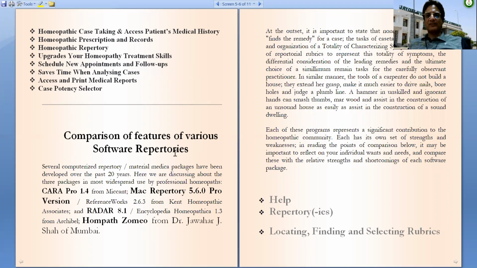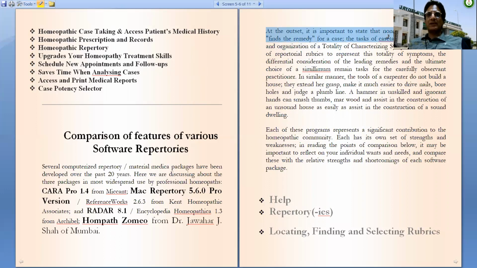So in the comparison of various software repertories, we were comparing Kara, Mech Repertory, Radar, and HomePath Zomeo. At the outset, it is important to state that none of these programs find the remedy for a case.